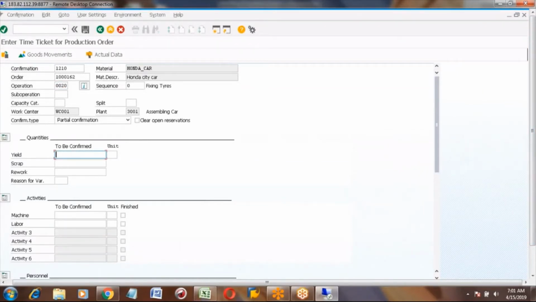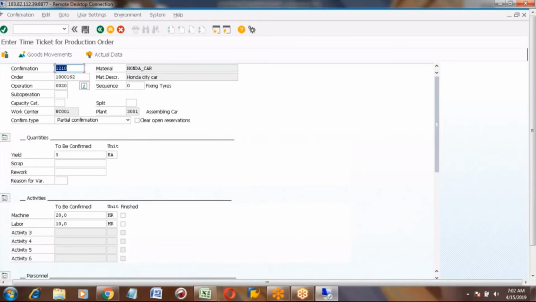It will give you the details here, and click on actual data. You will get the yield 10. Now it should give 5. Actually, we will give only 5, we won't give 10, because the engine is assembled for 5, so for the tire you also go here with 5.